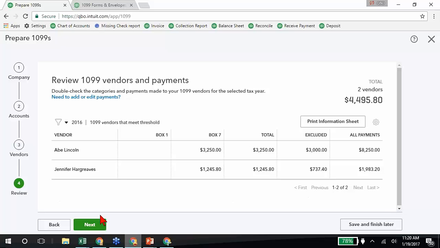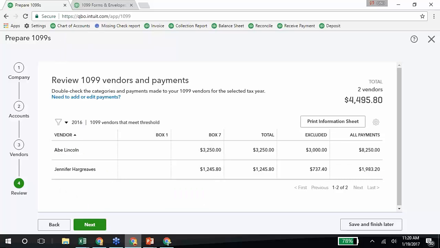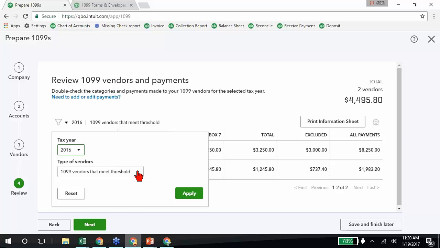Now is where we need to review our vendors and payments. Okay, so these are some vendors that meet the threshold. They had over $600 on those accounts that I specified to meet the threshold to receive a 1099. Now, I can come out here and filter. If I need to look at different tax years, I could do that. I can look at vendors that meet the threshold,